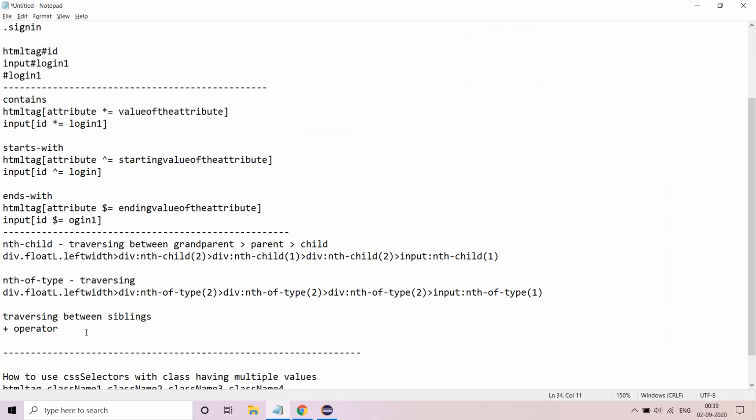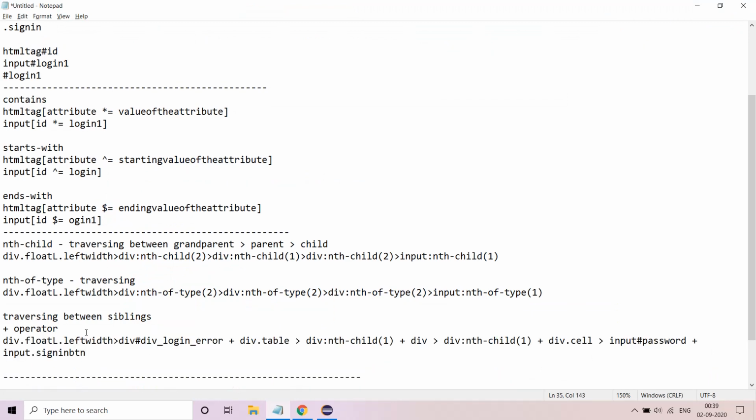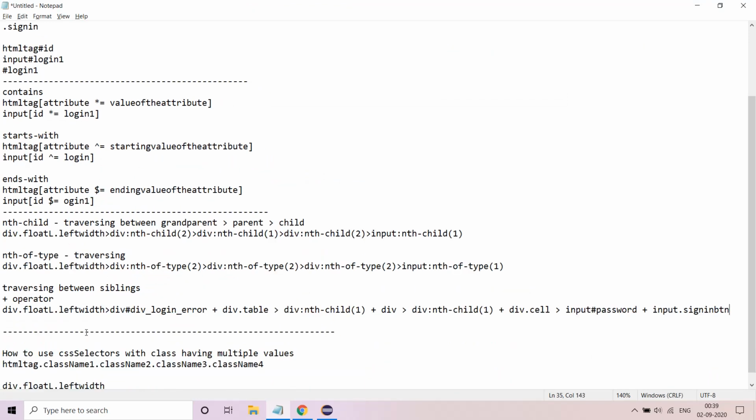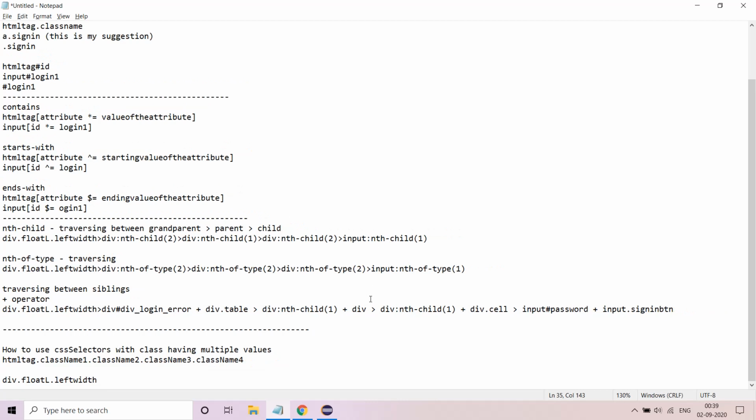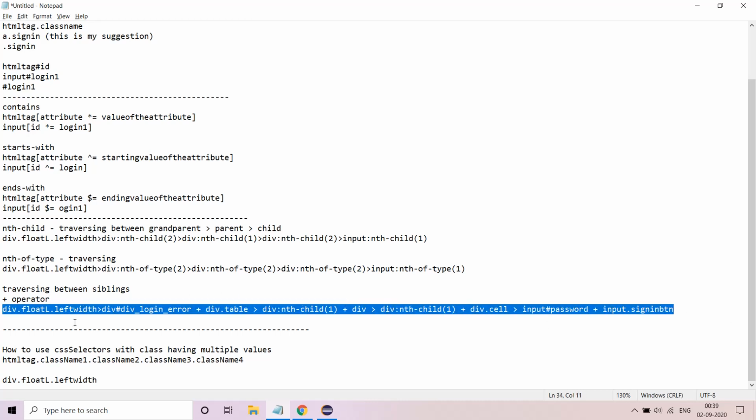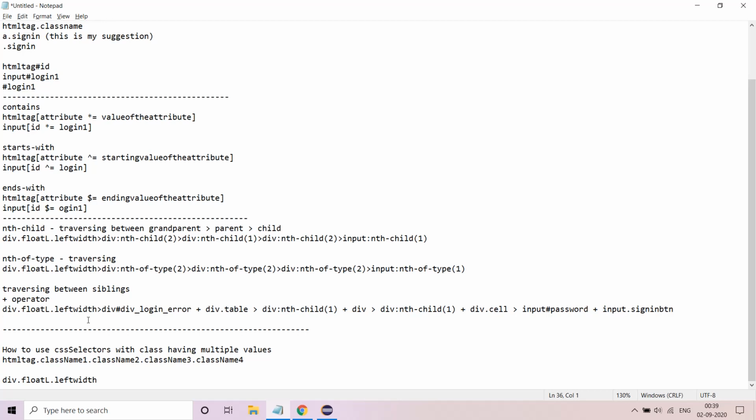So this is your complete CSS selector. See, you need not make it this complicated. It can be done in an easier format as well. But I'm telling you that if you can master this, it becomes extremely easy. See, XPath and CSS selectors come very naturally to me. The traversing is very natural to me. You might find it a little complicated. Please get in touch with me.